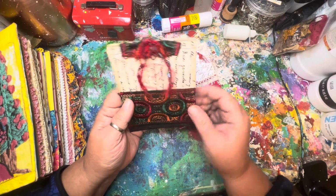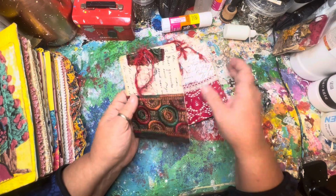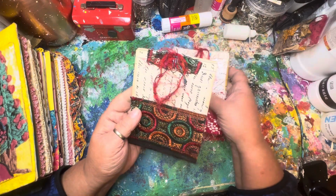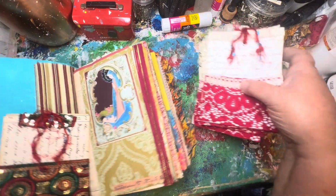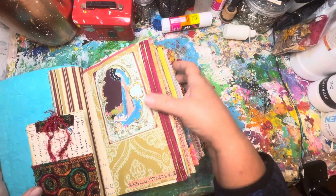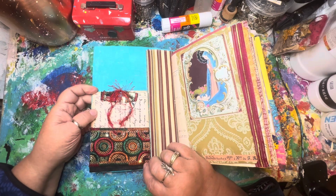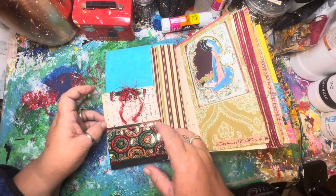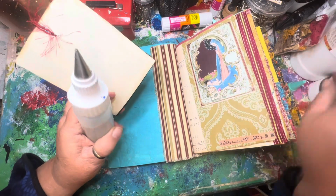But I don't have a whole lot of that. That, again, was from a little girl's Christmas dress. I didn't have enough of that to make one for all 10 journals. So I'm going to hoard it for a little longer. And I think that maybe I can put this pocket right here. Keep this one for myself. Put it right here as a tuck spot to tuck things into this journal, and it fits there just perfectly. I think that is exactly what I'm going to do. That's going to be the first thing I do in my December daily,